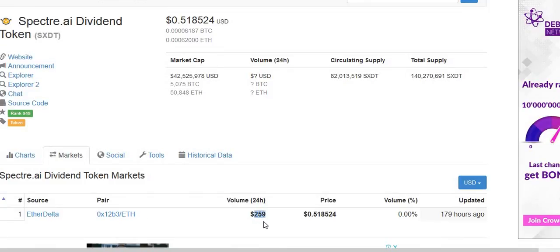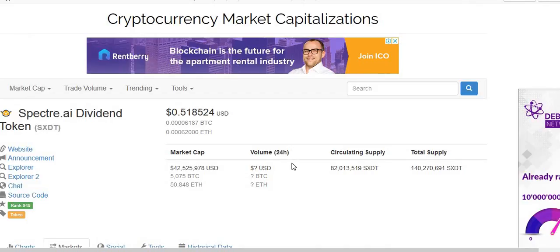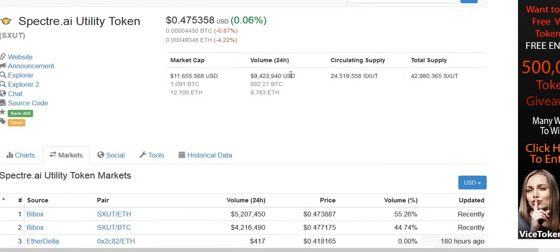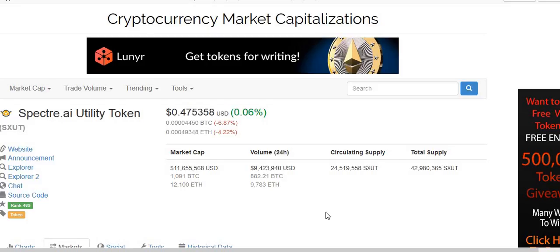If I look at my Blockfolio app, it does show there's active trades happening on Ether Delta. So I'm not sure if something's wrong with the API connecting back to CoinMarketCap, but in either case, we're not worried about the dividend token today. We're just looking at the utility token, and again, pretty good volume for the total amount of supply and for how long it's been in there,